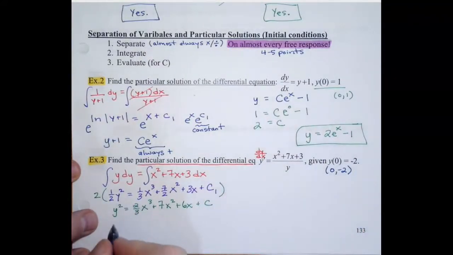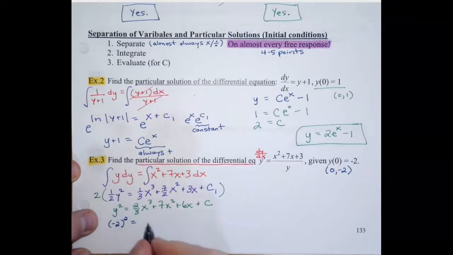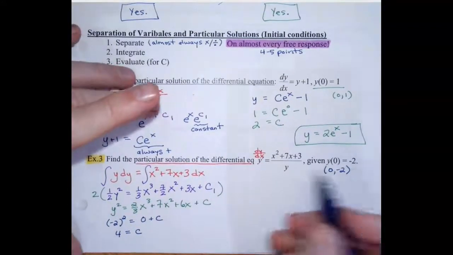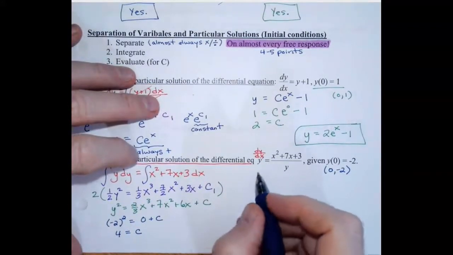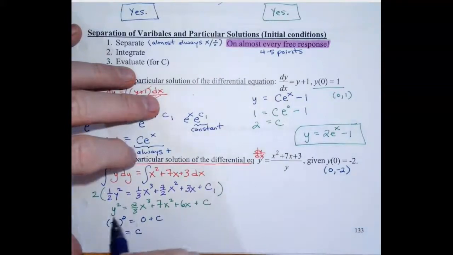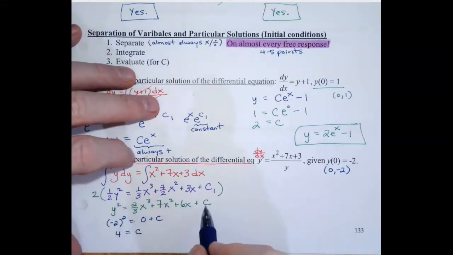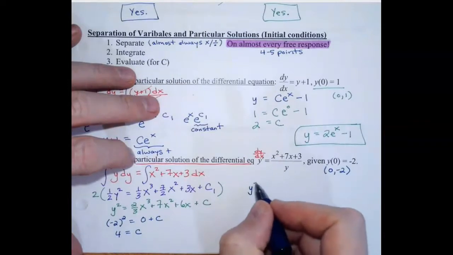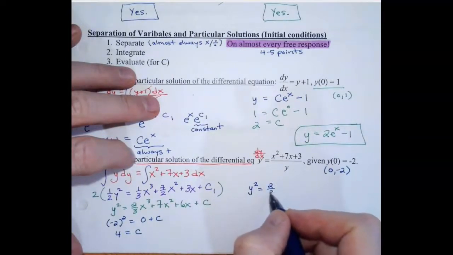So if we plug in -2, we're going to have -2 squared, and this is 0 plus 0 plus 0 plus c. So c is equal to 4. So we have a plus 4 right here. Guess I'll write that out. I was going to try to maybe do another step, but